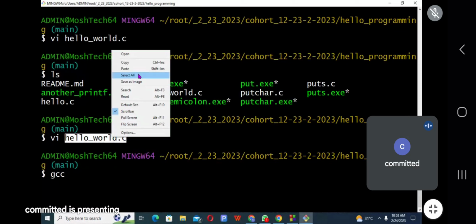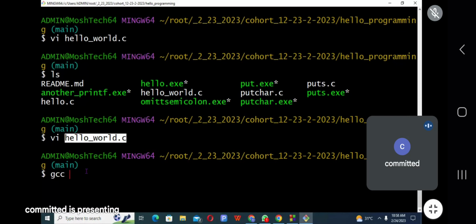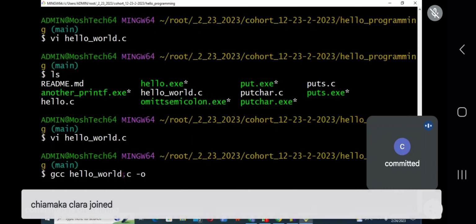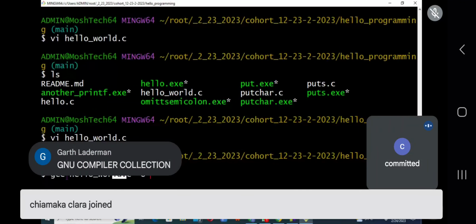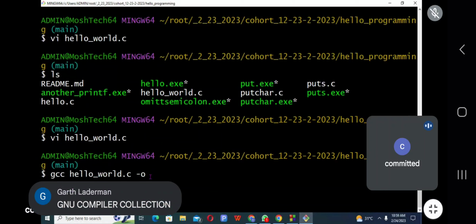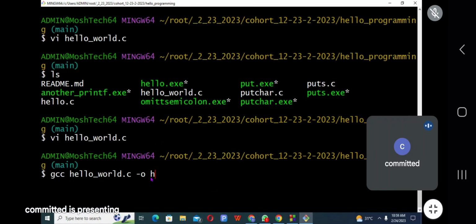This file name, I copied it. Let me paste it. This is the file name. So this file name, you need to output it. For you to output it, that is to direct it into a particular file that will be similar to this. So that when next you want to check for the executable file, you can always relate it with this source file. This one is called the source file, while the file we are going to generate now is going to be called the executable file.